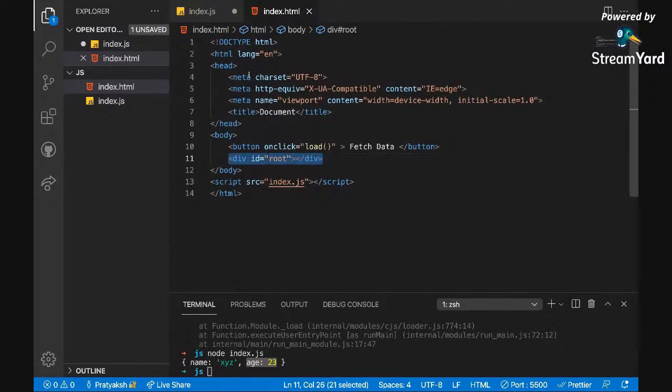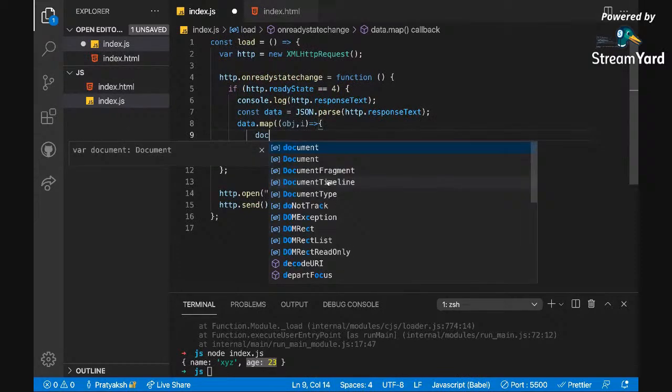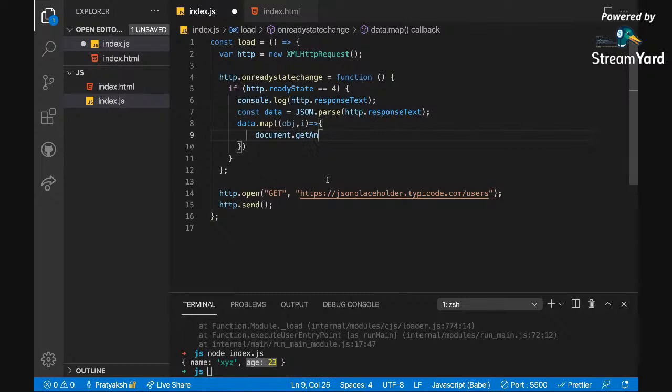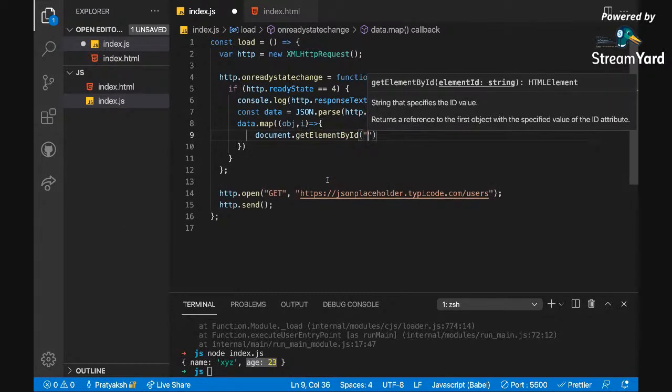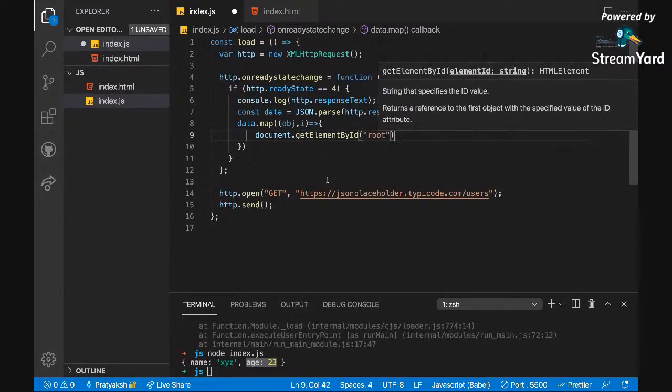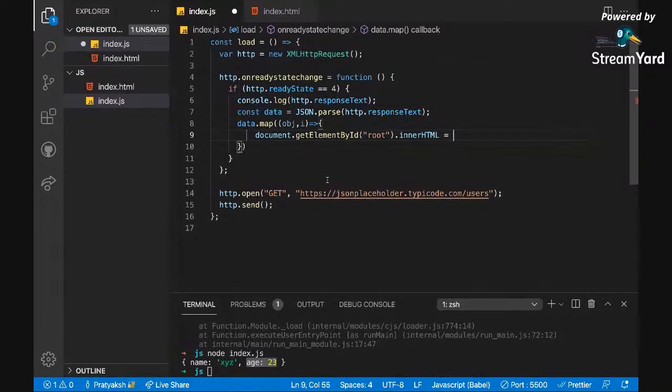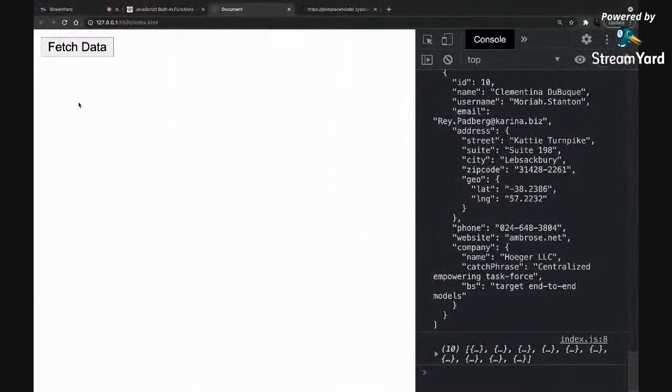Then I can say that these objects need to be added inside this root. So I'll say document dot getElementById, and the name of the id was root. Then I say innerHTML. Earlier we were doing equals to, right? Now instead of equals to, we want to add whatever we have in that. The first time data comes, it will replace everything with that data.